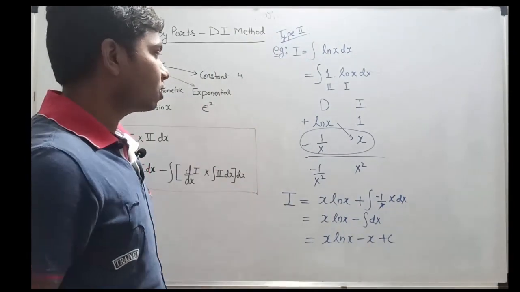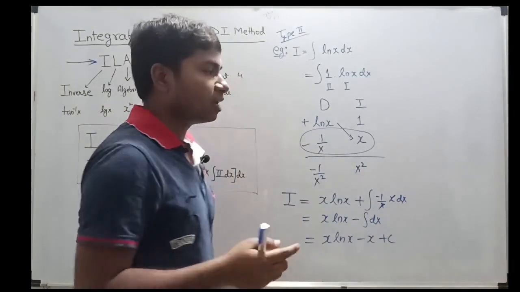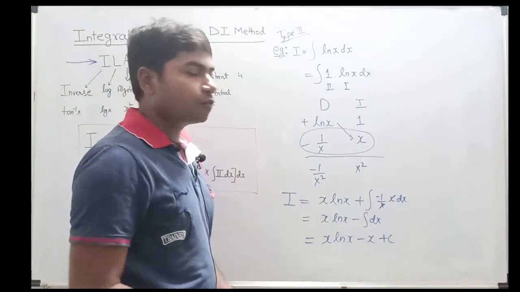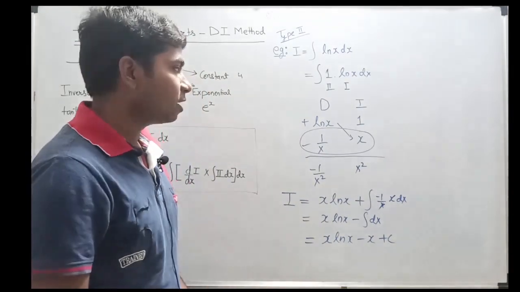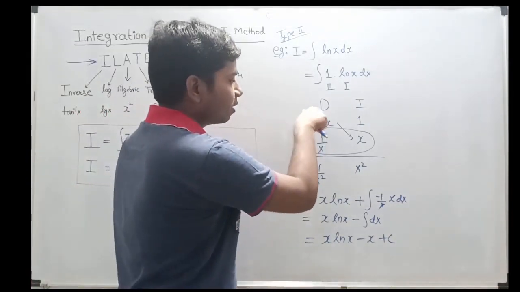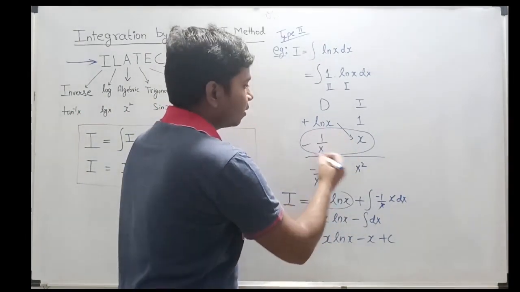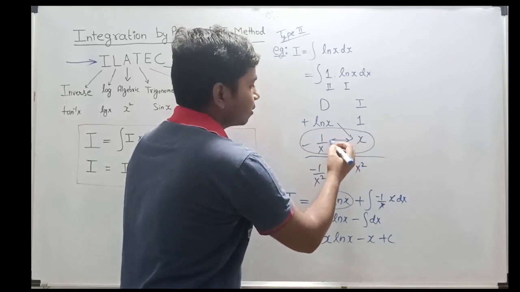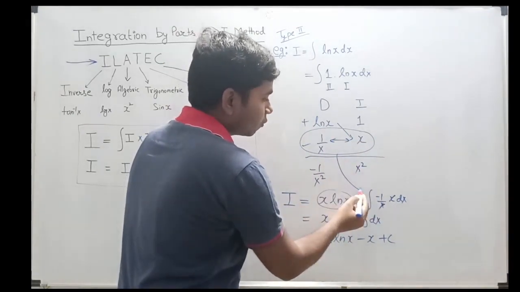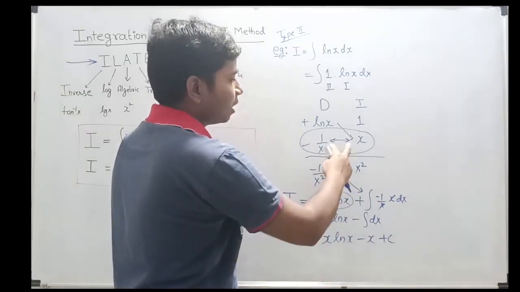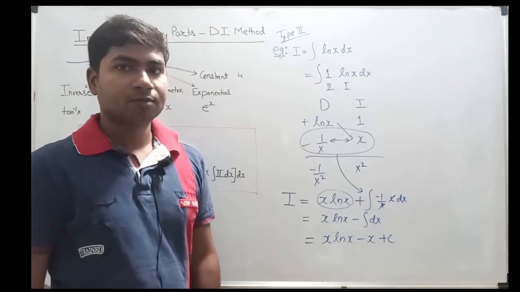Here the important thing to remember is whenever we get 1, or in the previous question whenever we got 0, we have to stop there, because then we can easily solve our integration directly. And second thing, whenever we multiply in the cross, we can write it directly like this. And if we want to multiply both functions straightforwardly, we have to write the integration sign first, because we are multiplying the straight functions directly. So these two points you have to remember.